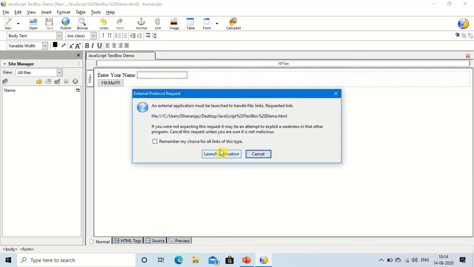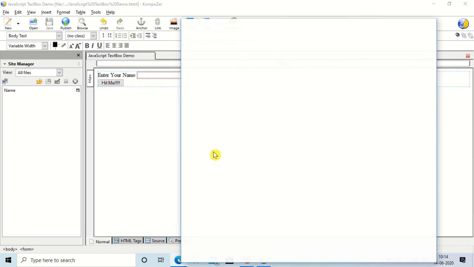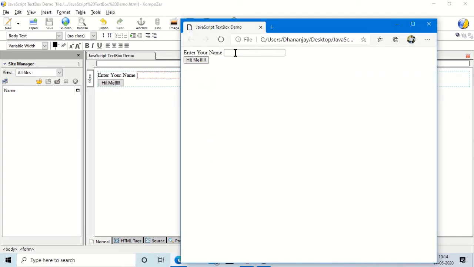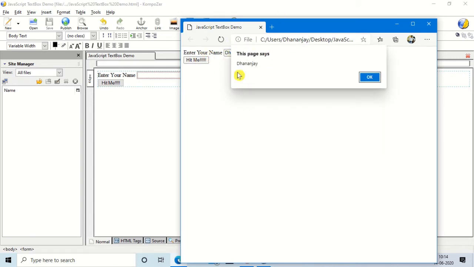Wait a moment, click on the launch application. Then here we have to pass some message. Suppose I want to pass my name Dhananjay, and click on the hit me. Now you can see the message is going to display on this small window. Click on the OK.